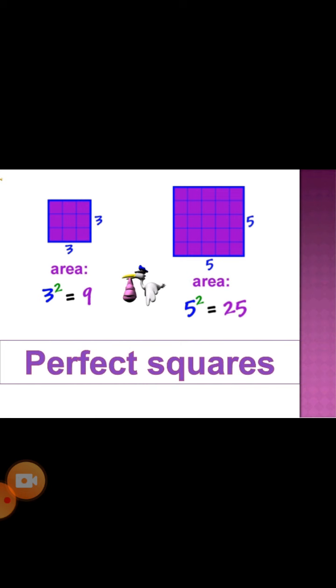Next we discuss perfect squares. First of all, I want to explain perfect square. By definition, any number that can be divided in such a way that its divisor is equal to the quotient is called a perfect square. To understand this definition, let us see an example.